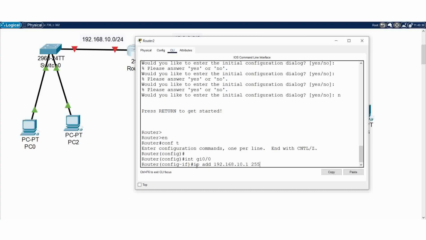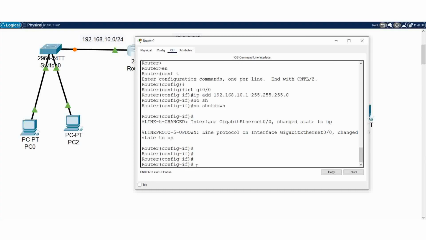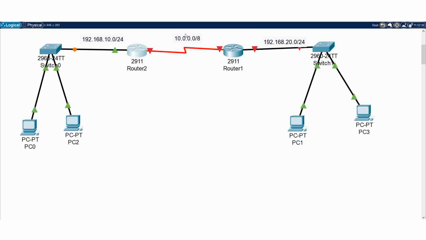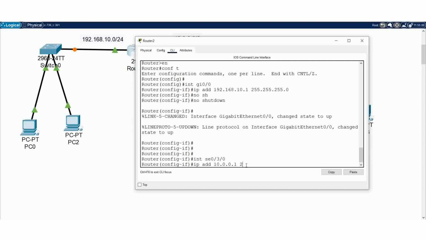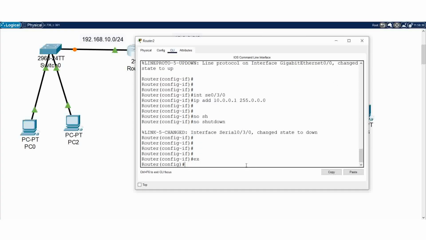192.168.10.1 then 255.255.255.0 ማለት ነው። ዘን no shutdown እንላለን ማለት ነው። Next int SC 0/3/3 ነው ማለት ነው። ዘን IP address 10.0.0.1 ነው። ዘን ይሄኛው end ይችኛዋ 10 ስለሆነ ይሄኛውን 1 ይችኛውን 2 ማለት እንችላለን ማለት ነው። ሶ 1 ዘን 255 ይሄኛው class A ስለሆነ subnet mask class A ነው የሚሆነው ማለት ነው። ዘን shutdown እንላለን ማለት ነው።